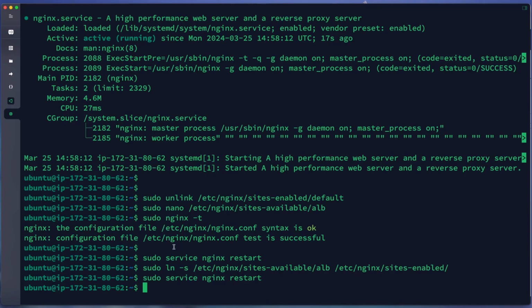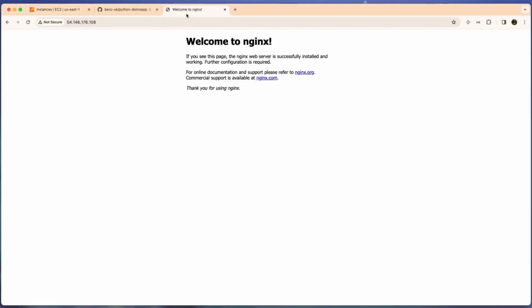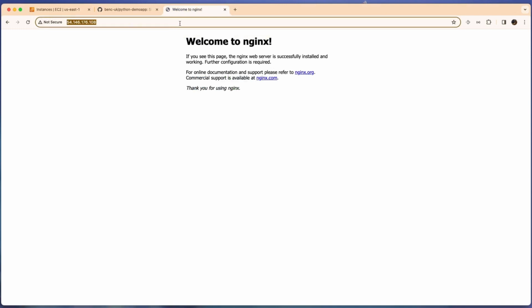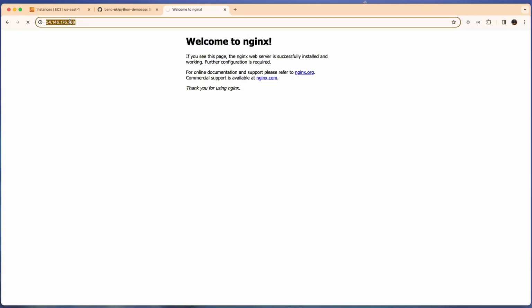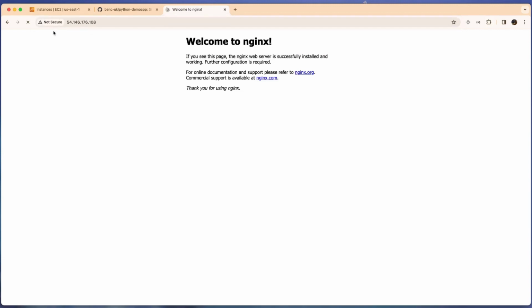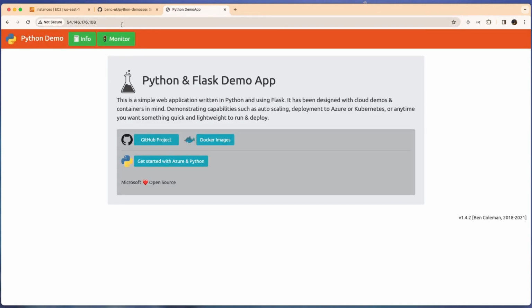Okay, we can directly test this connection. We open again our Nginx as a load balancer. It uses HTTPS; in this case, we use an HTTP web server. So this is the application.